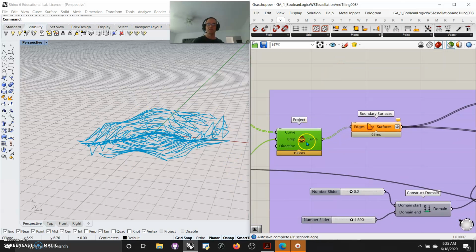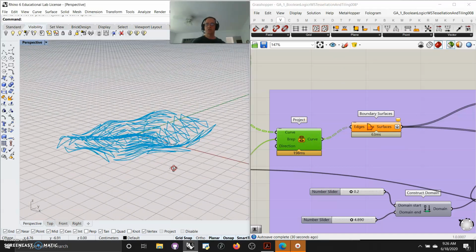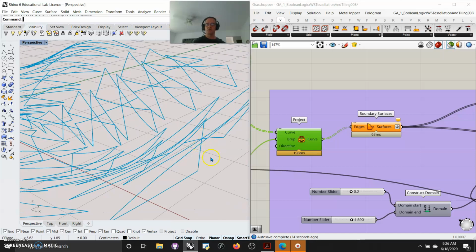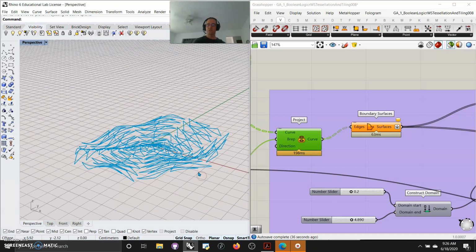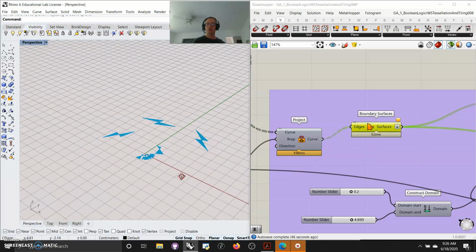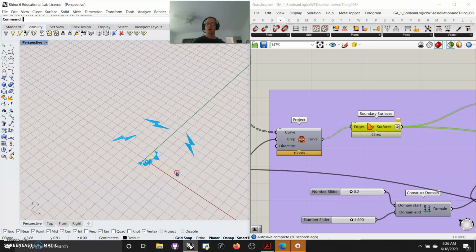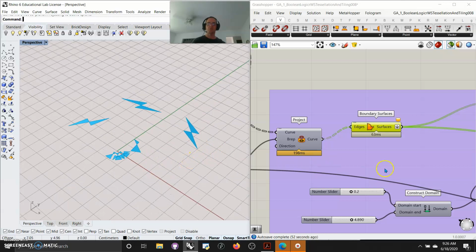Now, a very interesting thing that's happened as I go in here is these curves kind of, because of their points, they lift and they don't touch one another as I do that. They don't become closed surfaces. And this is the real trick to this, and I think the gold in this little demo. And the reason you have to be creative and you have to find things. So really critical moment in the video. If I take them to boundary surfaces, they're only going to pick and choose the ones that actually cross over and touch. And I have all this strange geometry, and to me, those are foundations for some pretty cool,